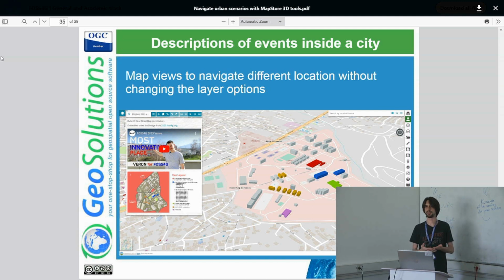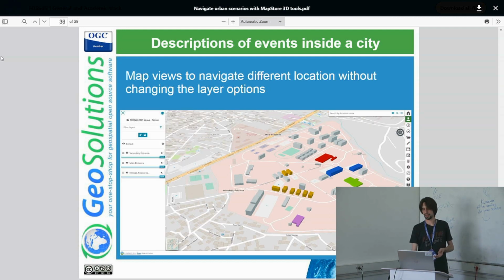So what changed in the city? Often it happens that events change the shape of the city, or change the way that you access a city. So using step-by-step representation instead of a fixed representation of a map could be helpful in some presentations or use cases. Here, for example, the background map is OpenStreetMap. And on top, we extracted the buildings from OpenStreetMap and converted them to a 3D glTF model. And on top of those layers,